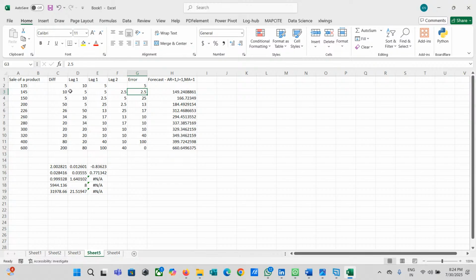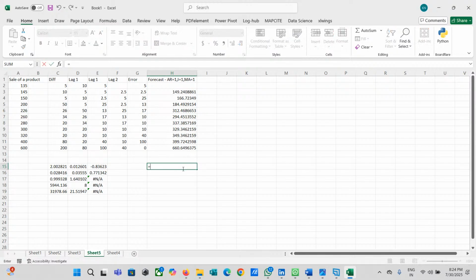Okay, now the forecast looks quite good. So 145 is the sales, 149 is the forecast, 150 is the sales, 166 is the forecast, 200 is the sales, 184 is the forecast, 226 is the sales, 312 is the forecast. Right? This looks quite good now.